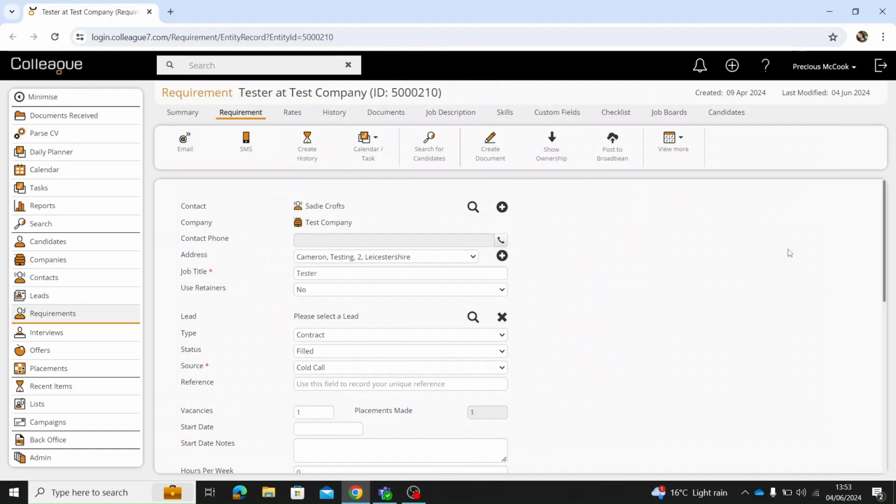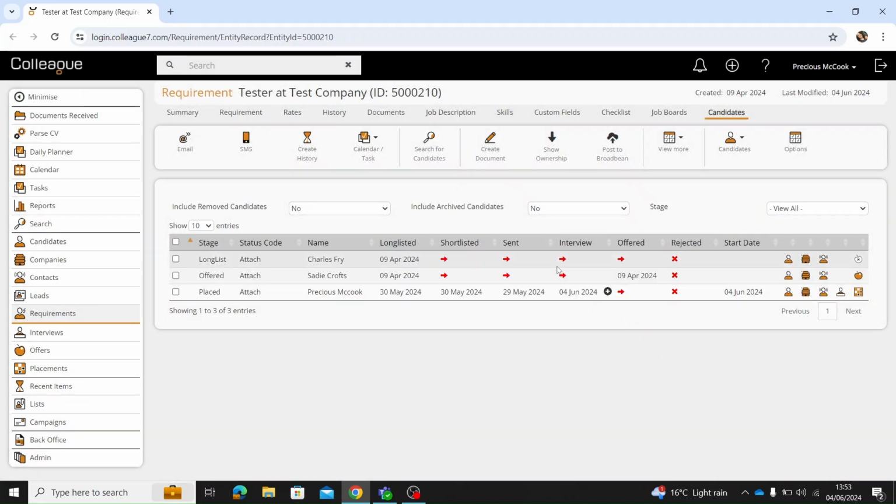Video, I'll be demonstrating how you can make a placement. So firstly, make sure you're in the requirement that you'd like to make the placement on, and then head over to the tab that says candidates. In here it will give you the candidates that have been shortlisted and basically gone through the process to either have an interview, things like that,